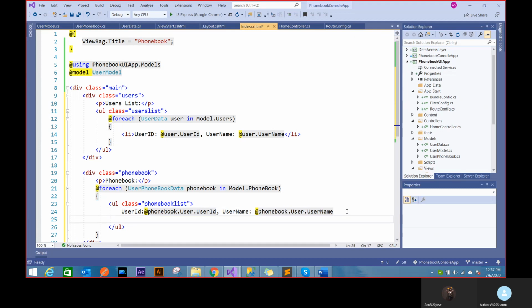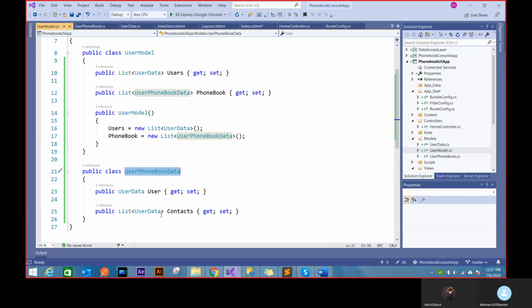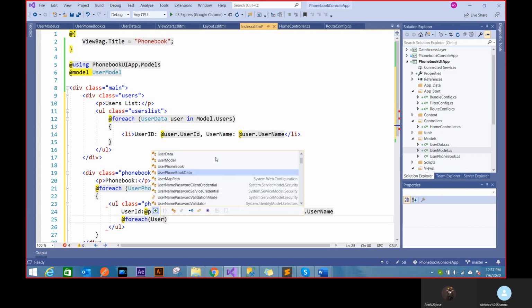and then I will put li, because now there'll be a for loop inside a for loop. Because you can understand from this point that this user phone book data has user data and then a list of all the contacts. So I'm going through this list of user phone book, so that's a for loop. Then I have to go through another for loop to get all the contacts. And this is the power: I can easily put a foreach whenever I want.